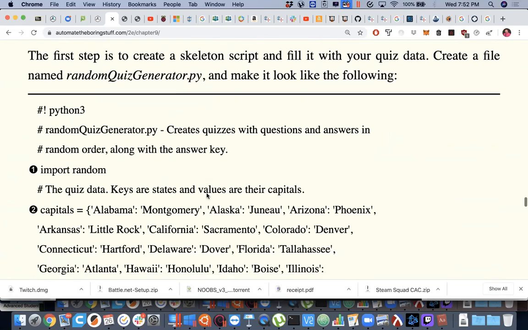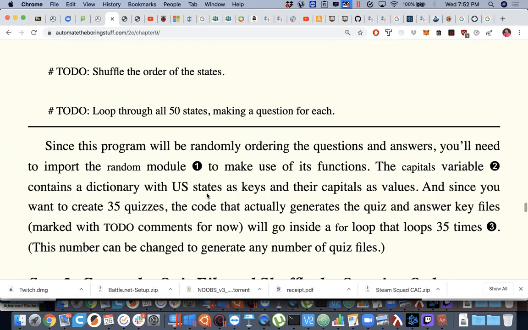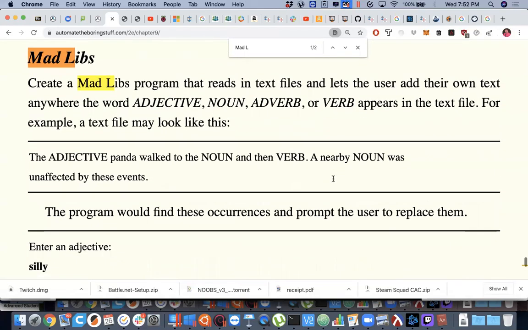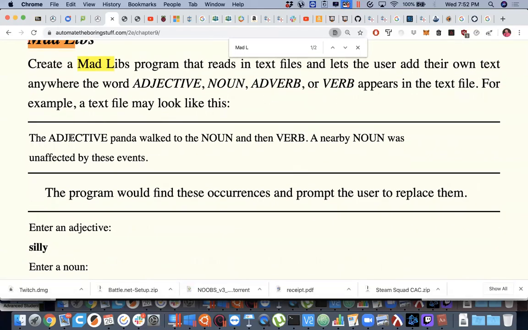So let's get down to Mad Libs. Create a Mad Libs program that reads in text files and lets the user add their own text anywhere the word adjective, noun, adverb, or verb appears in the text file. For example, a text file may look like this. Inside your text file, maybe it's called madlib.txt, you have this written: The adjective panda walked to the noun, and the verb